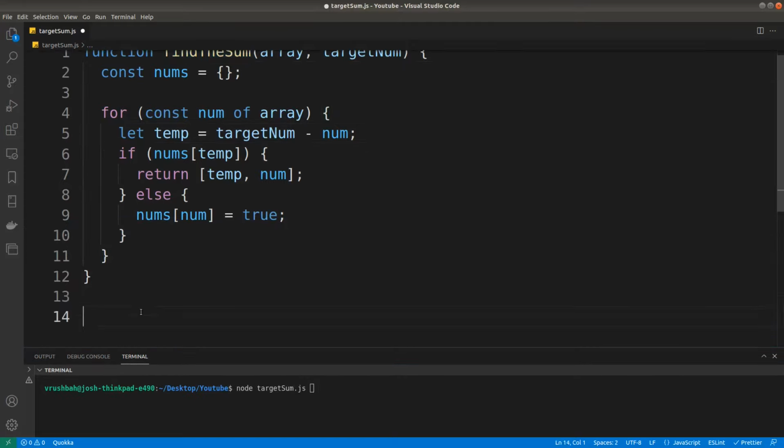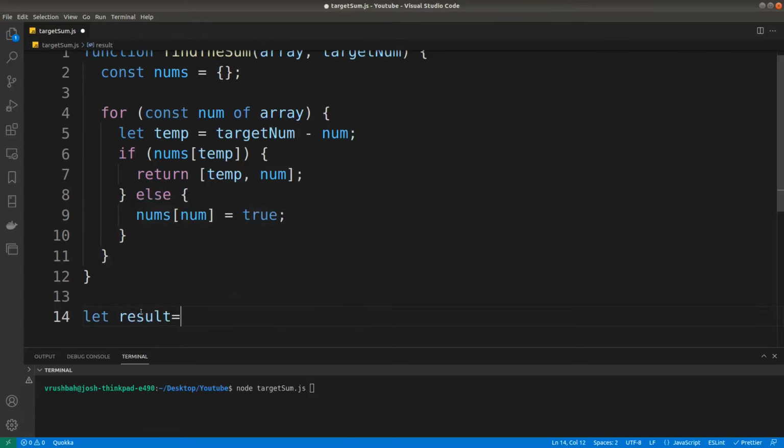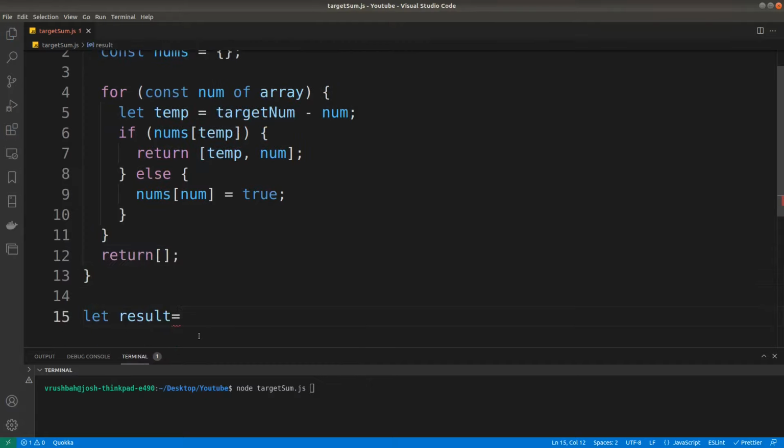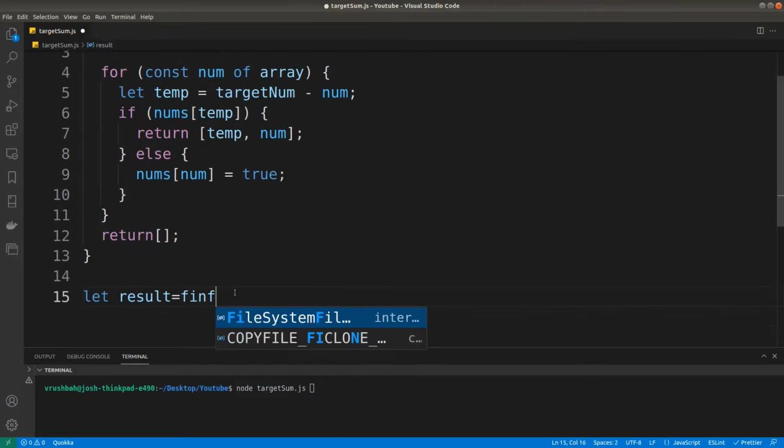Otherwise we will not be able to see the answer. So let result equal to, and one more thing is there, if we didn't find the sum, we should be returning an empty array. So by default our function will return an empty array, and result equal to, let's call the function findTheSum.